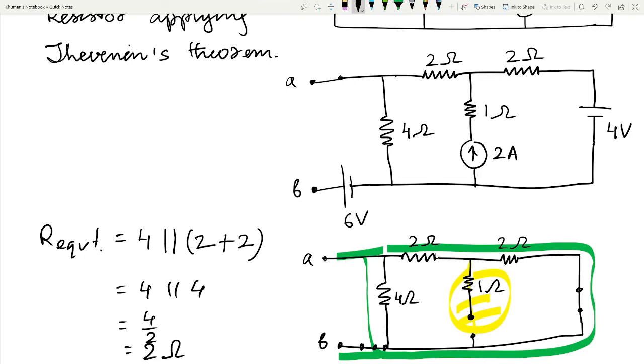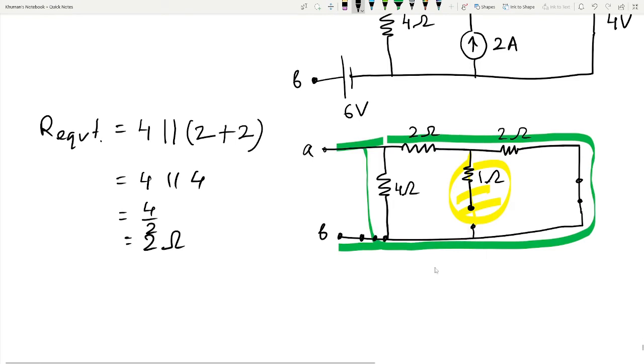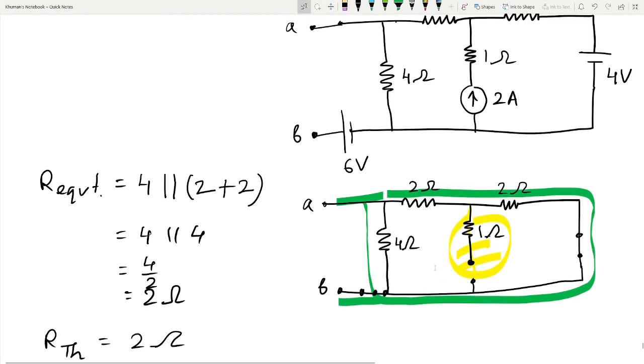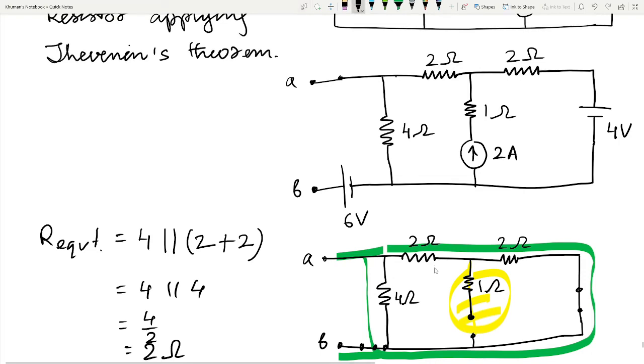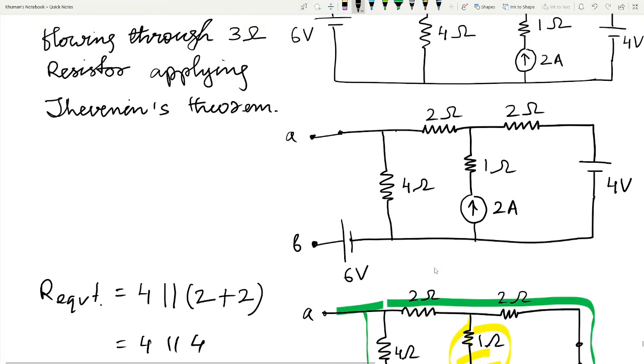It is 2 ohm. Now we can write RTH equal to 2 ohm. Okay, then in order to find out the Thevenin equivalent voltage from this circuit, we will redraw it as,